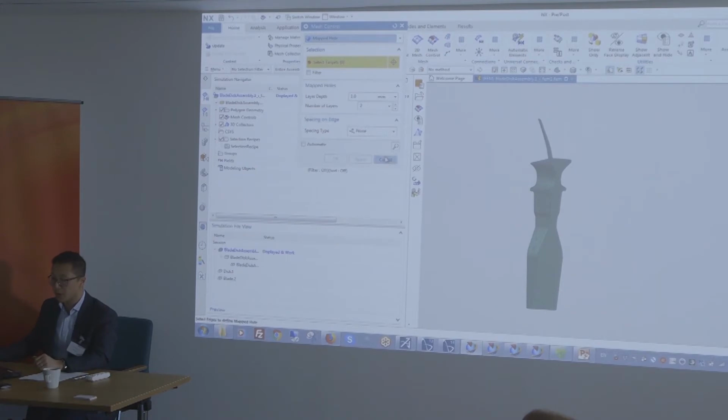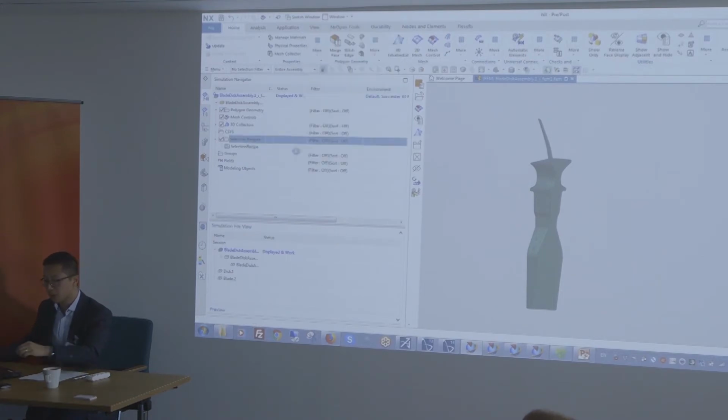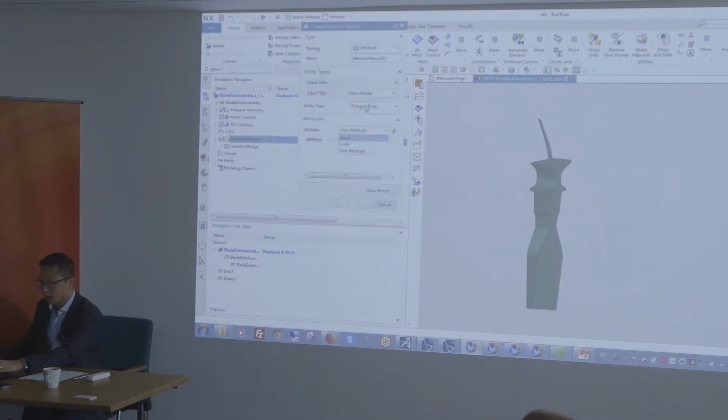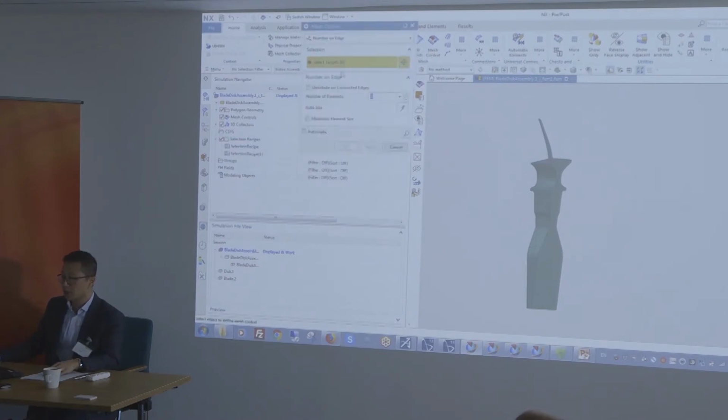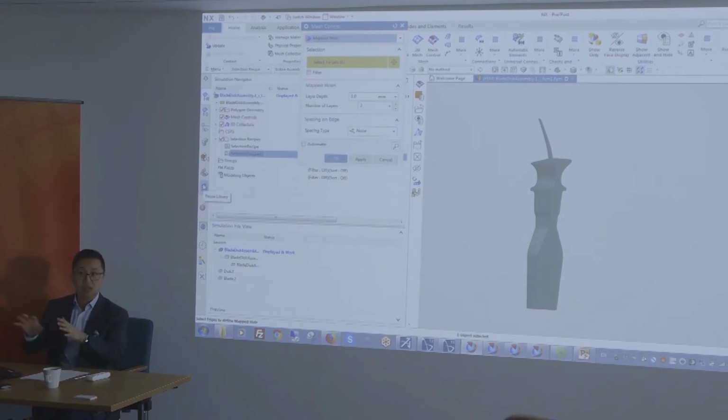So what you can do is simply create a selection recipe, polygon body, name. Simply that's called star. That's a little trick. That's called a wildcard. So all bodies, take everything in your model. Create it, mesh control, mapped hole, selection recipe, this guy. So this will automatically refine your mesh around all the holes in your model, all the holes it can find based on whatever you input.